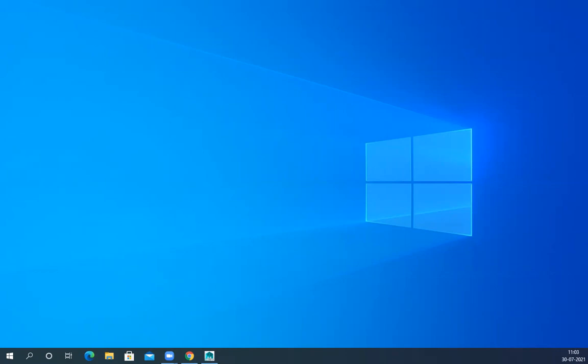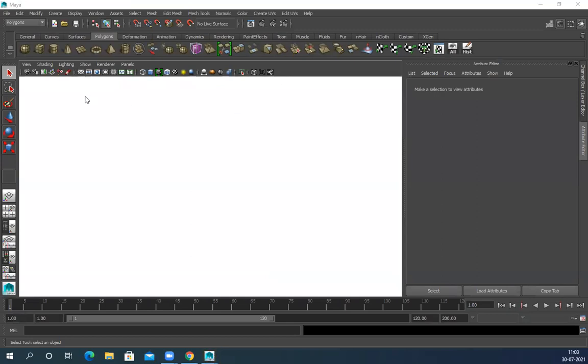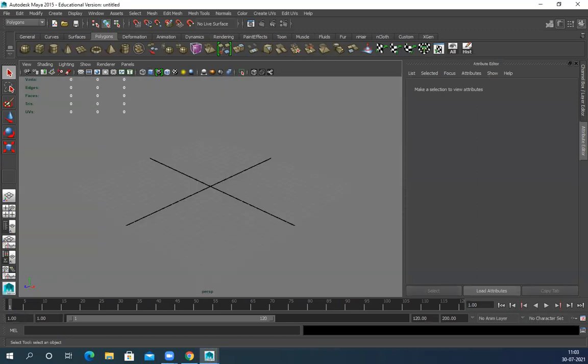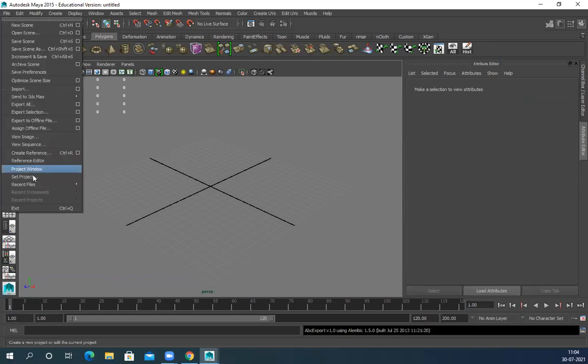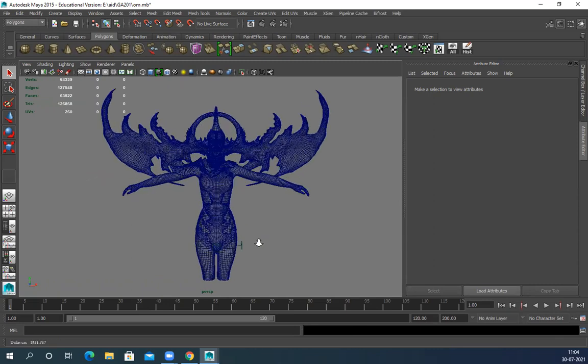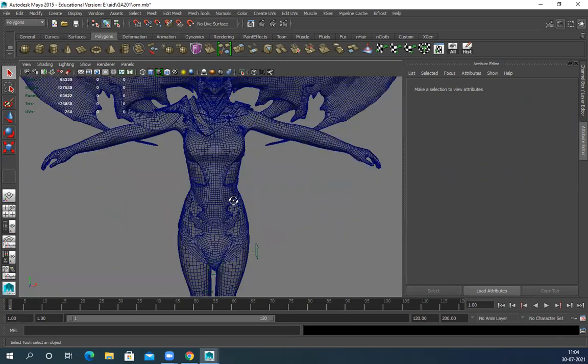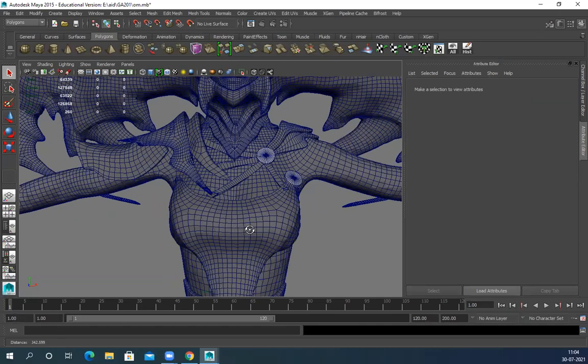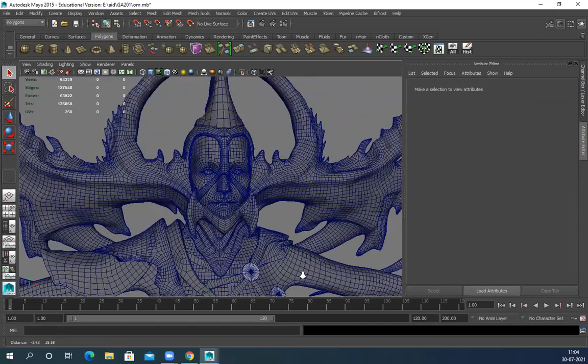Just opening Maya. Yes, today we're updating everything.